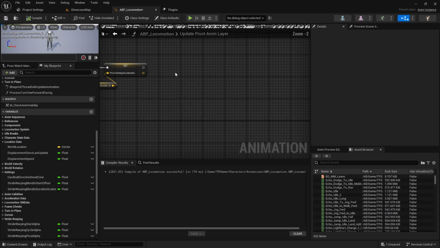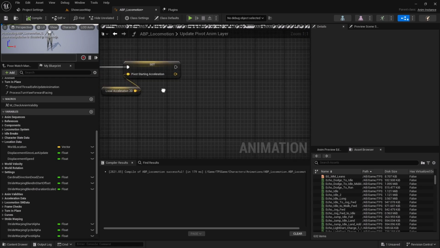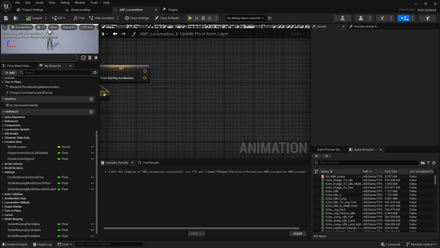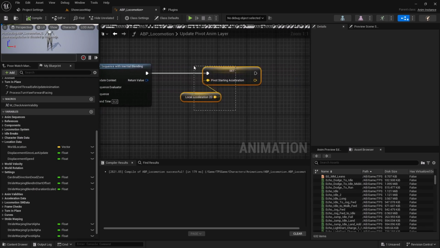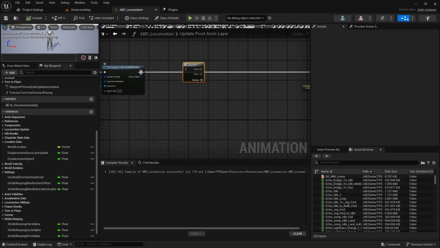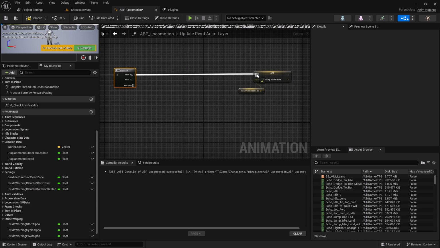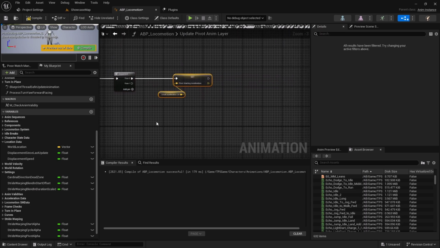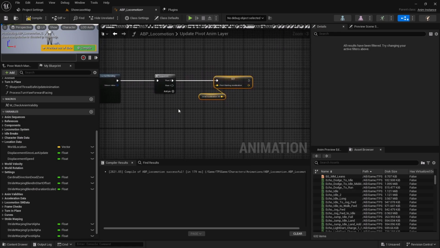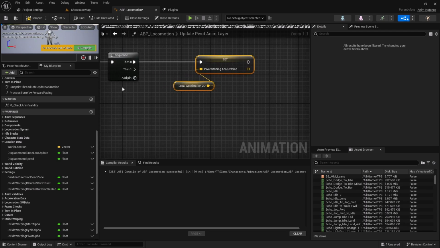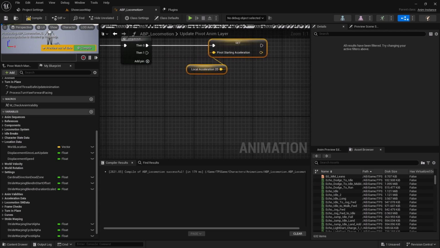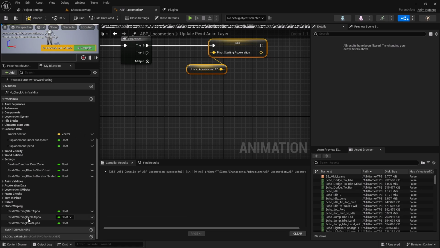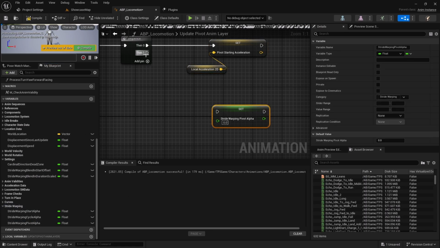Yeah, so after that, maybe I'll add a sequence here, because later on we have to add some of the new features as well. Therefore, it's better to organize the code in the sequence node. Right, so it will initialize some of the variables in the first sequence, and after that we can set this stride warping pivot alpha,